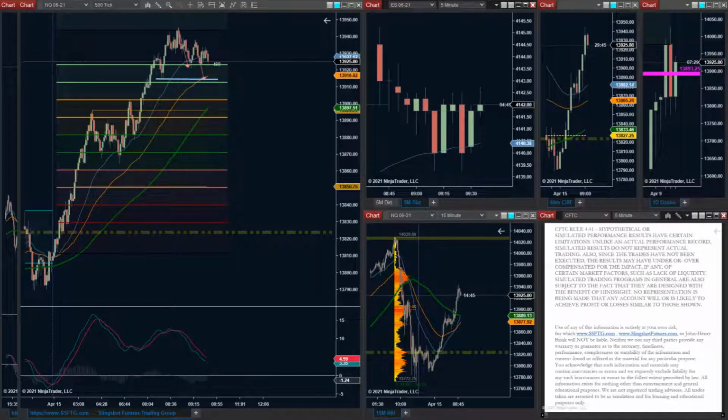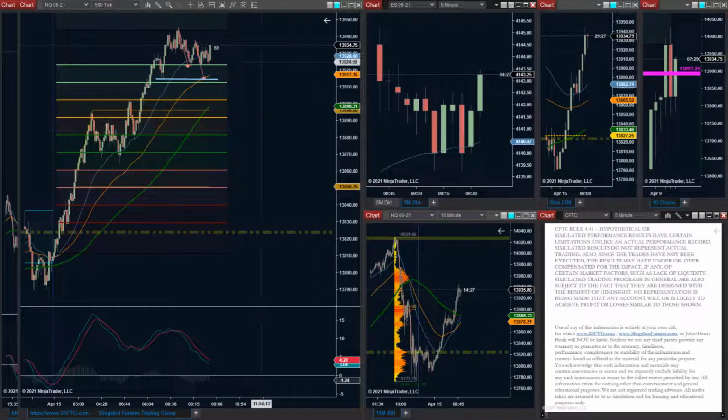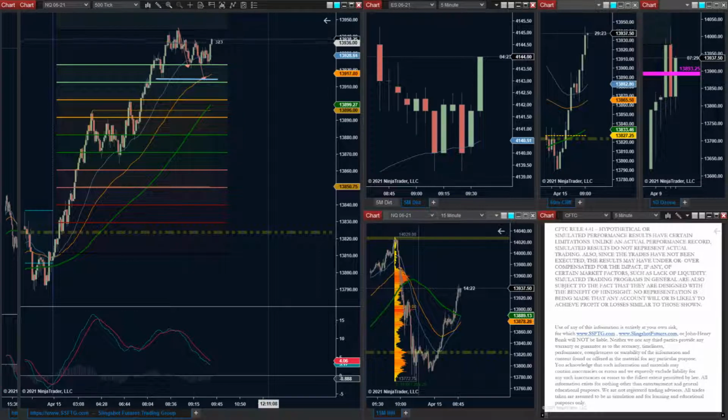9:30 hits. The stock exchange is open. NASDAQ will be looking for that quick little flush dip back down to the 13,913s. Oh man, another really strong L1 bounce. So buyers are going to want to see this follow through. If they're buying up here, they want it to jump just basically straight to the top.